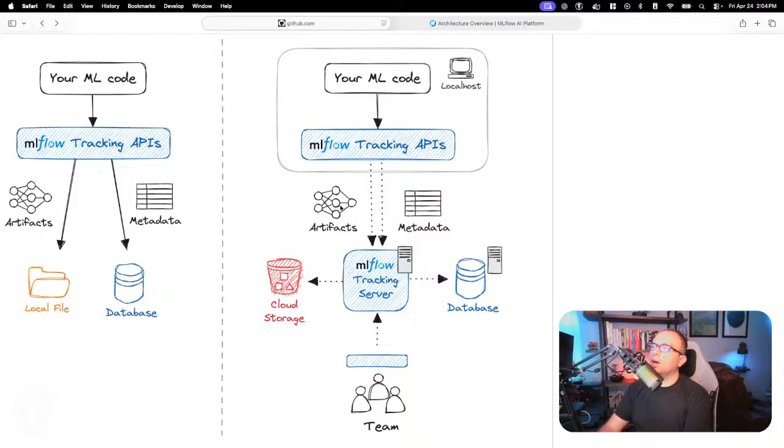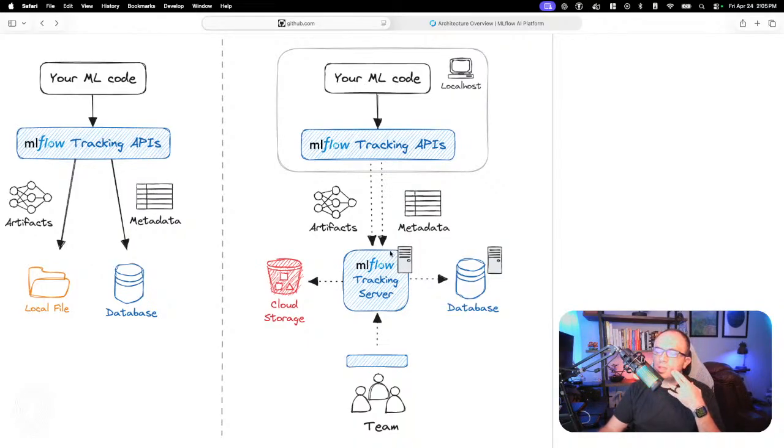So first of all, we have this thing called the tracking server. And the tracking server is kind of like the beating heart of MLflow, where when we are writing our machine learning code or we want to do model serving, we'll get to that. Well, I kind of just spoiled it a little bit. One of the offerings of MLflow is that you can actually serve models directly from MLflow, and we'll demonstrate how that works all with real code later on in the stream.